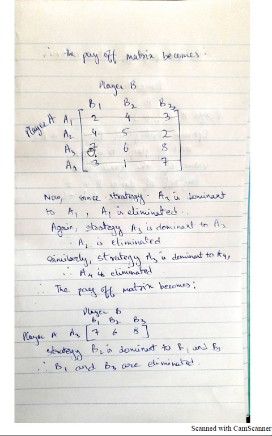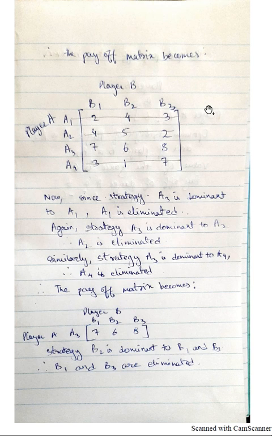Now let us again compare between strategy A3 and strategy A2. 7 is greater than 4, 6 is greater than 5, 8 is greater than 2. So A3 is dominant to A2, strategy A2 also gets eliminated. And finally we compare between A3 and A4. So 7 is greater than 3, 6 is greater than 1, 8 is greater than 7. So A3 is dominant to A4, so A4 also gets eliminated. So we are striking the eliminated strategies off.